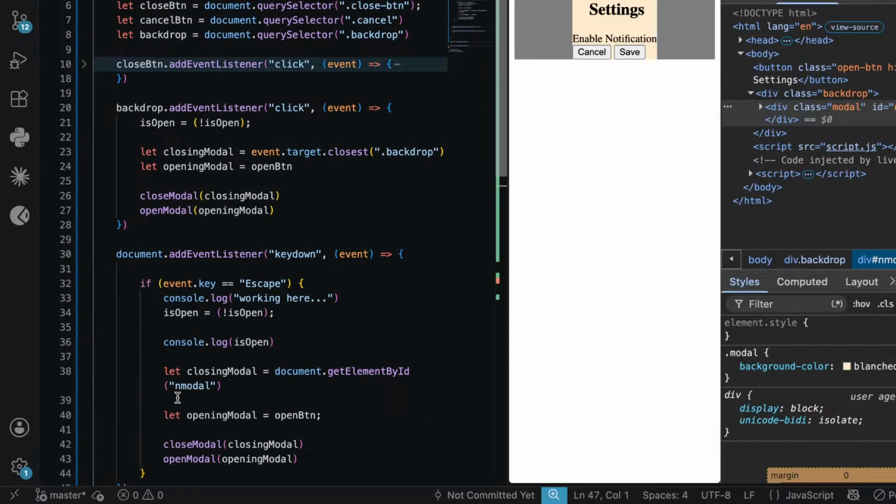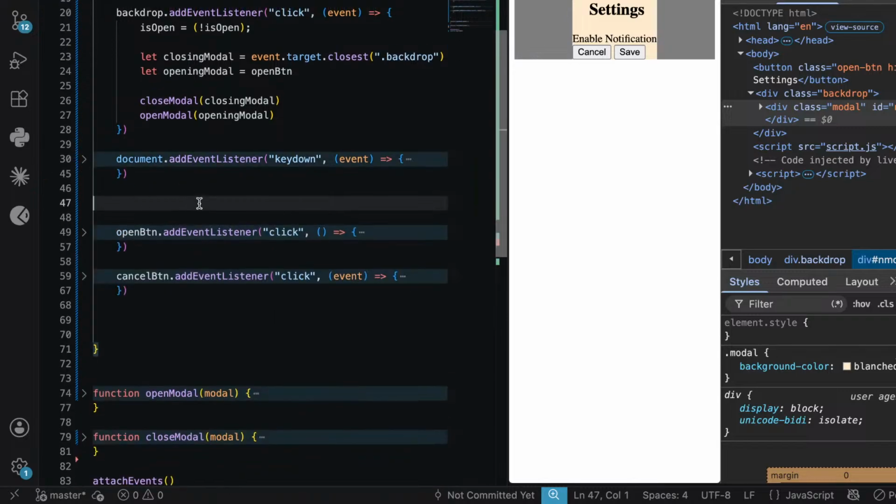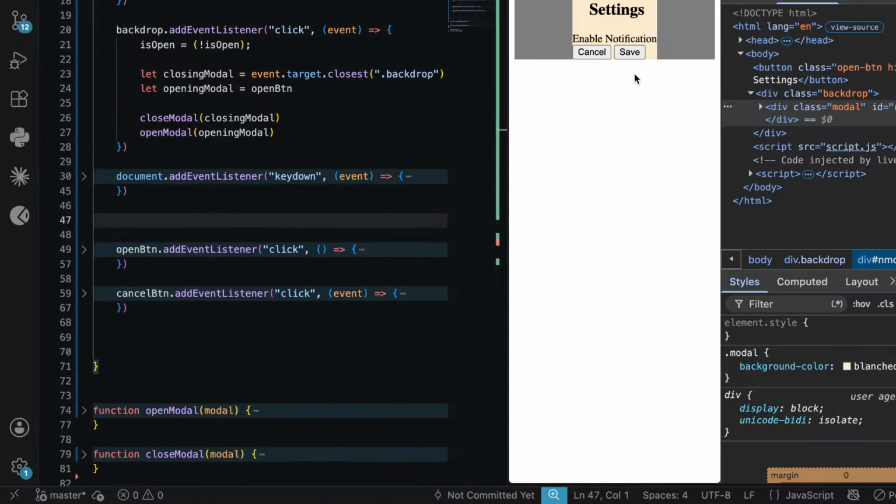The escape button was the only key thing. Here we are handling the backdrop. The whole div is a backdrop, and inside this backdrop div we have a modal div, and this modal div has this thing. If a user clicks on this,